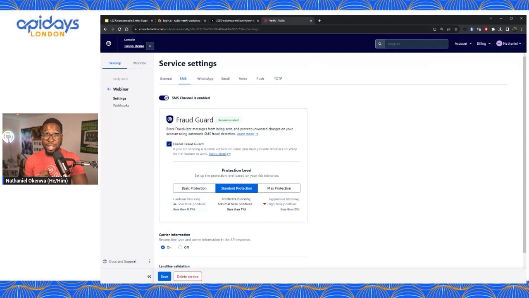We're going to block it and let you know, "Yo, I don't think you want to be sending one-time passwords to this number. It's probably an SMS pumping scheme." You can also choose how much risk you want. So again, there's a lot more things you can do.